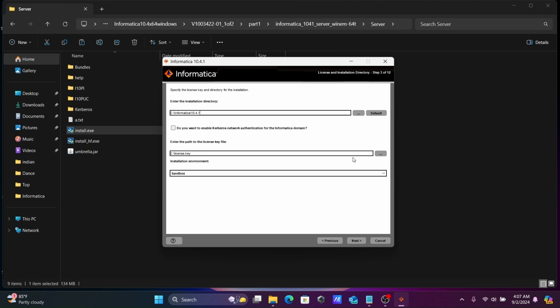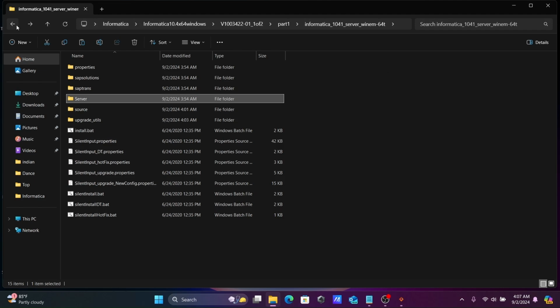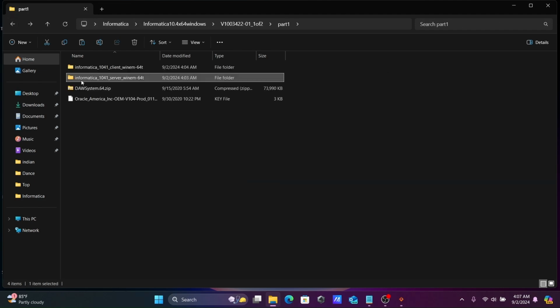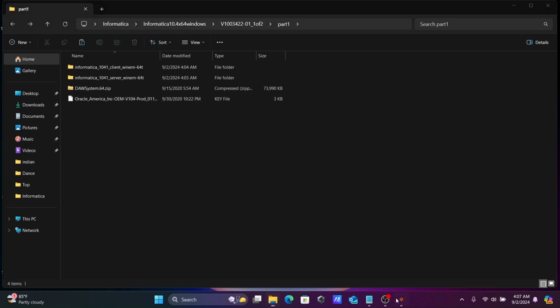And thereafter, the next step is where you need to select the path of the license. So here you can see this is the location where the license key is available. Okay, so the next is